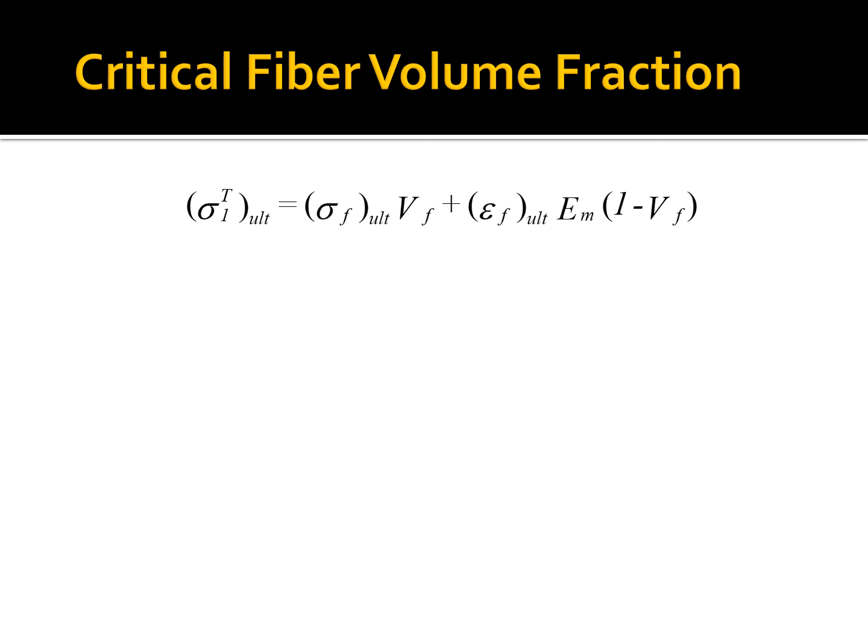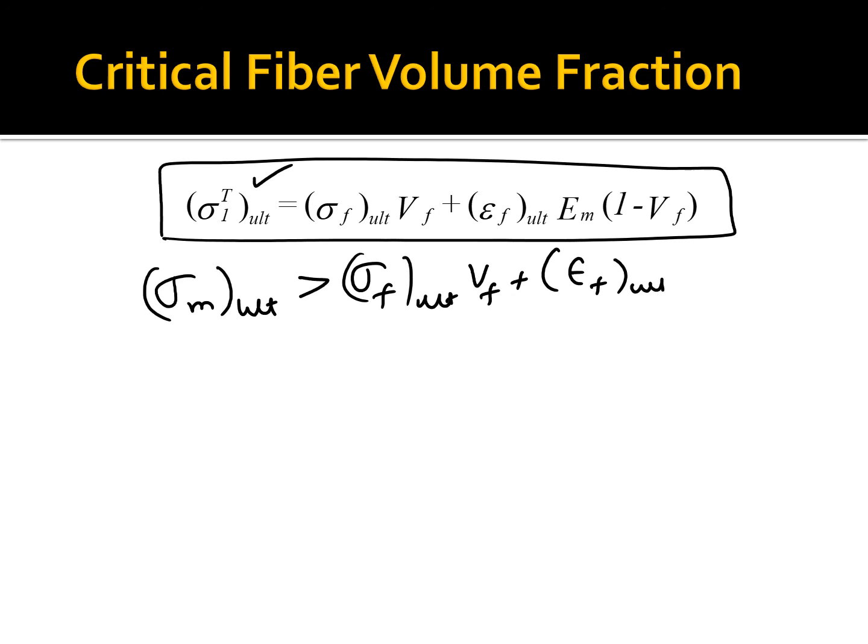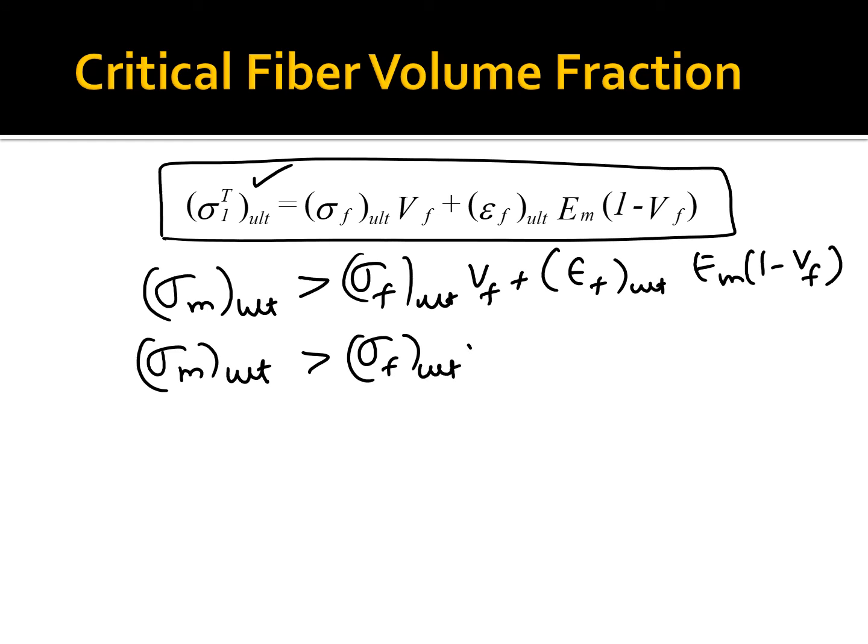So this is the formula which we derived for the sigma 1t ultimate. So what are the volume fractions when sigma m ultimate is greater than this quantity right here? So we do sigma f ultimate Vf here plus epsilon f ultimate Em (1 minus Vf). So what we're going to do is separate out the terms of the volume fraction. Let's go ahead and do that. We have sigma m ultimate here, and we have